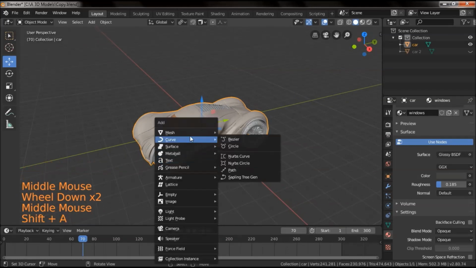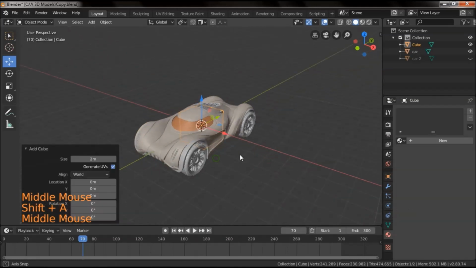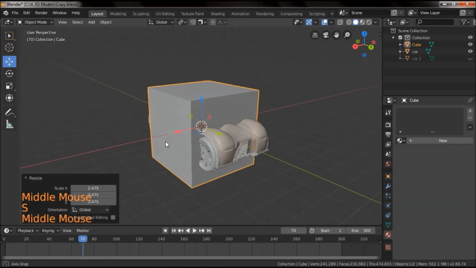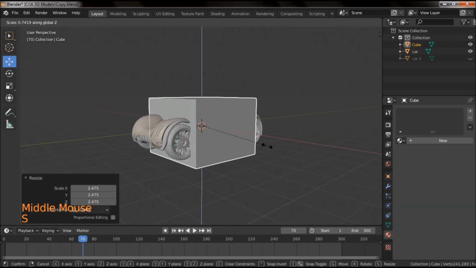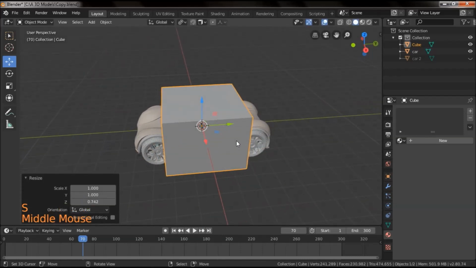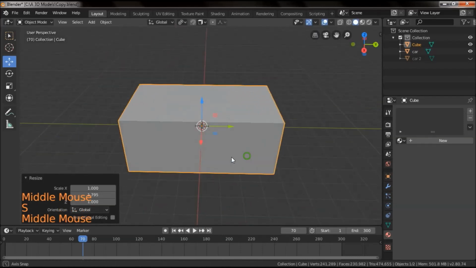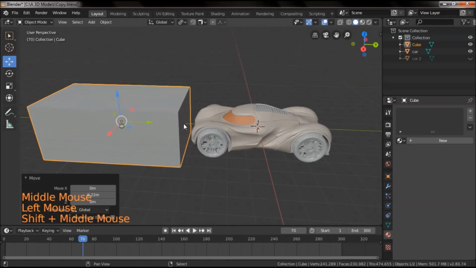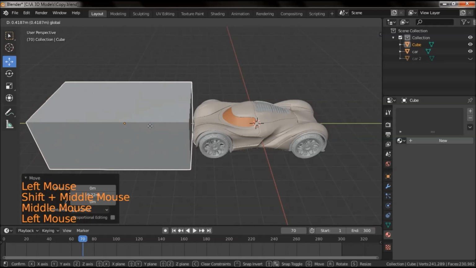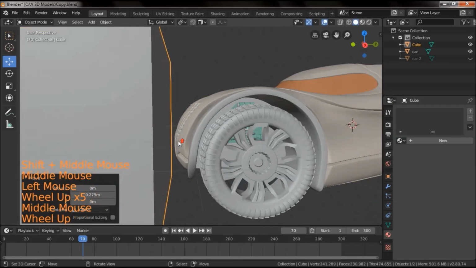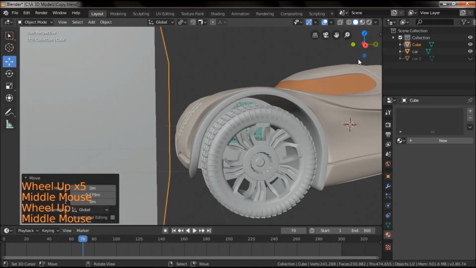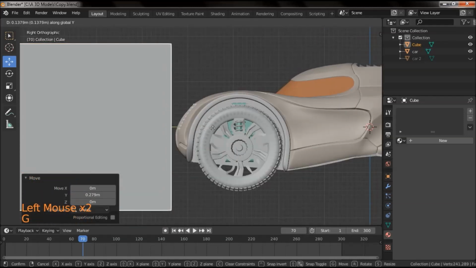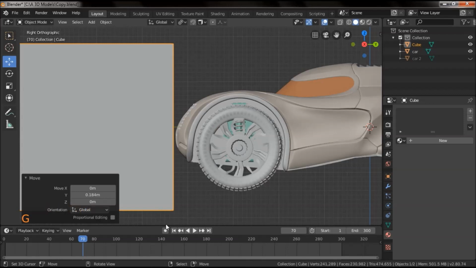Add a cube and make the cube bigger than the main car. Scale it in Y to make it completely cover the car body. Move it just before the car and set